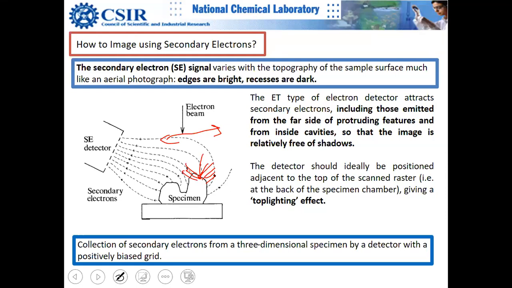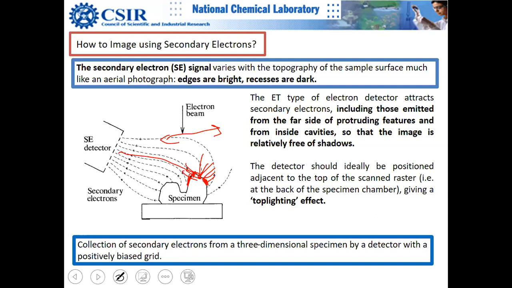Suppose your electron beam is scanning this area, this area will look slightly darker. And when it moves to this area here, there are more chances that secondary electrons generated from these areas will reach the detector. Once your electron beam moves to this part of the specimen, this will look very bright actually, because plenty of electrons will be available to reach the secondary electron detector.